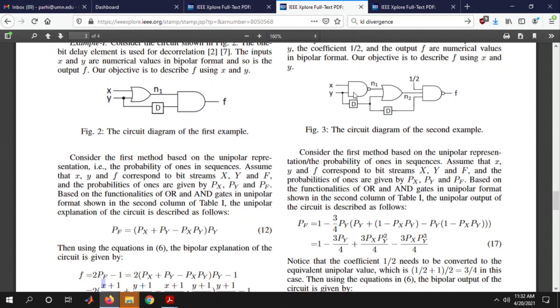First of all, this first NAND computes 1 minus xy, that's right here, 1 minus pxpy. Then there is an OR gate that has the inputs y and 1 minus xy. So that output is going to be y plus 1 minus xy minus y times that, so a plus b minus ab. That's the output of the OR gate. And finally, we multiply that by